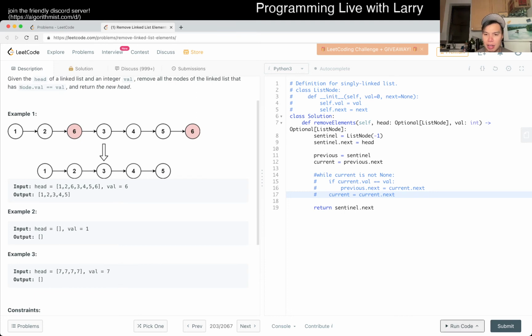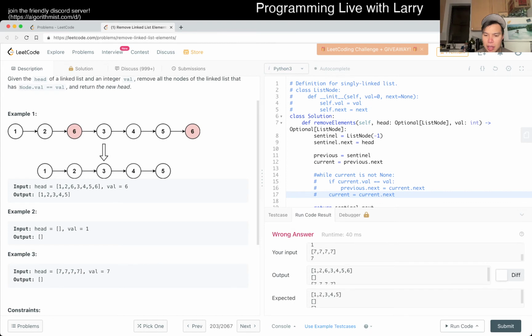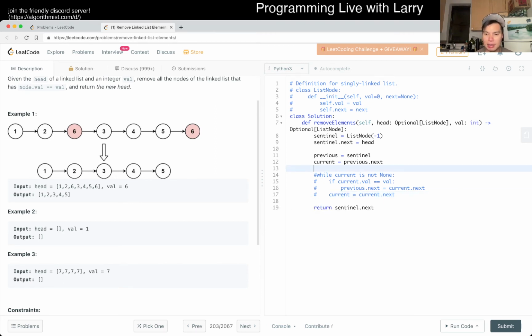So, yeah. Okay, so this is what we expect. Sometimes you want to make sure that it is what you expect and not necessarily, you know. Okay, so while current is not none,